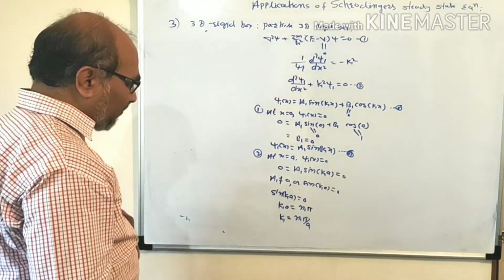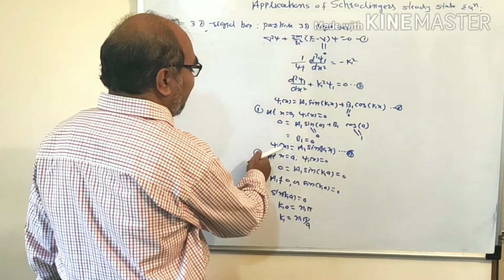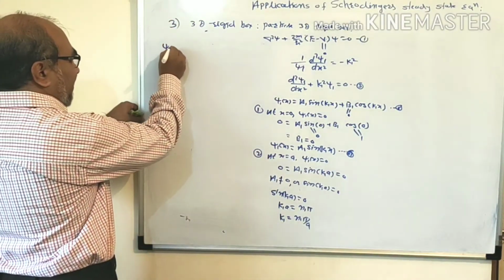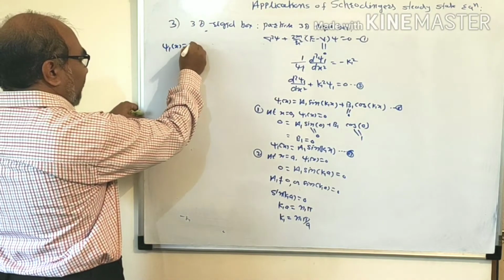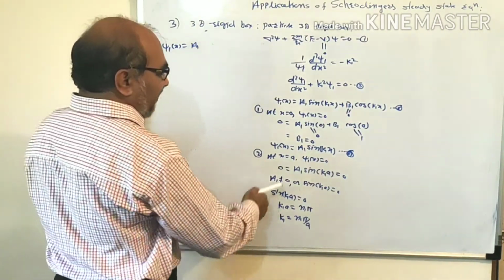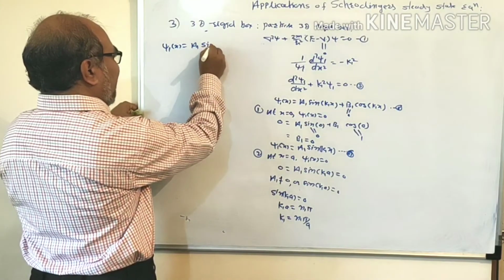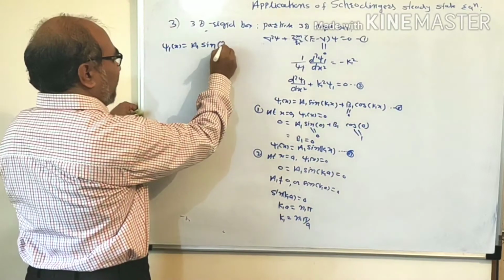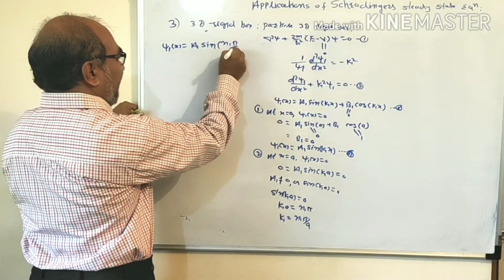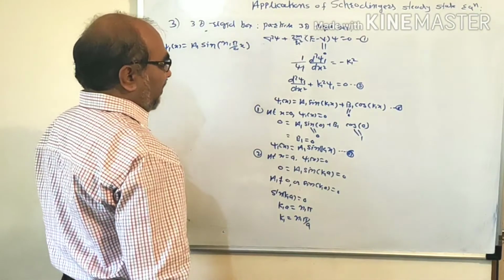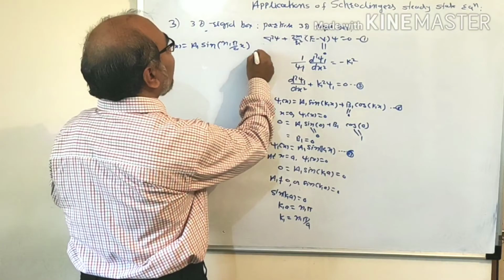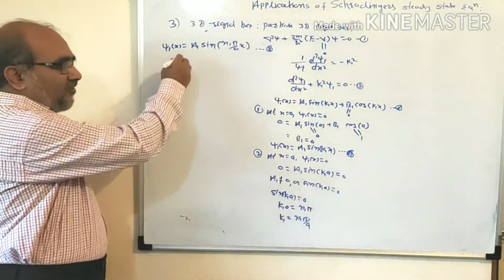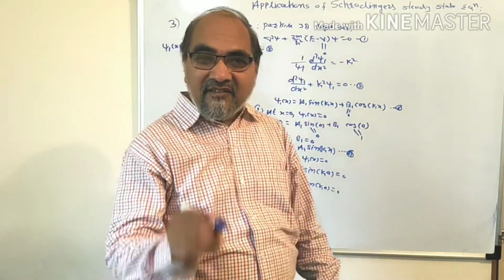Okay, and therefore this expression 7 is written as psi 1 of x is equal to a1 sin k1 x, and k1 is n1 pi by a, so this is n1 pi by a x. This is expression 8. So this is for us. What is the value of a1? A1 is nothing but